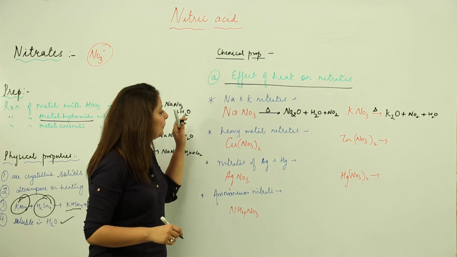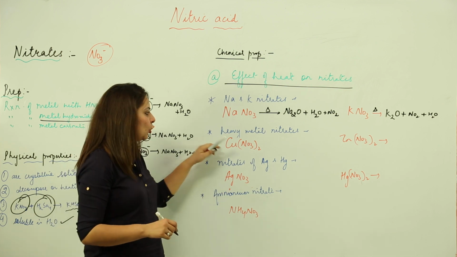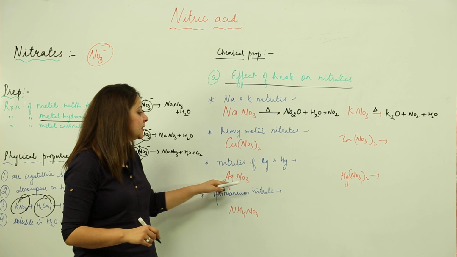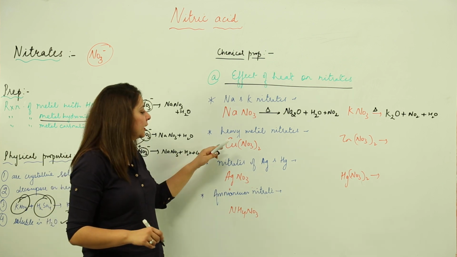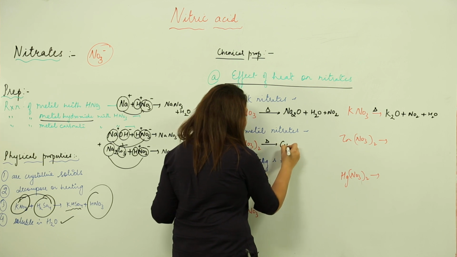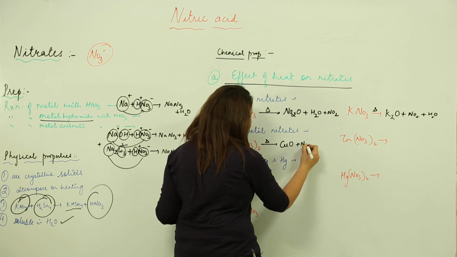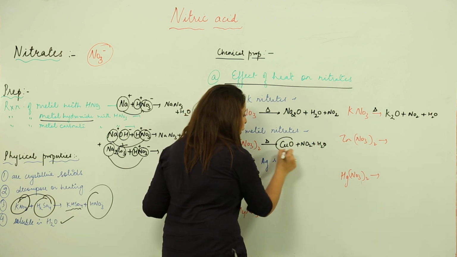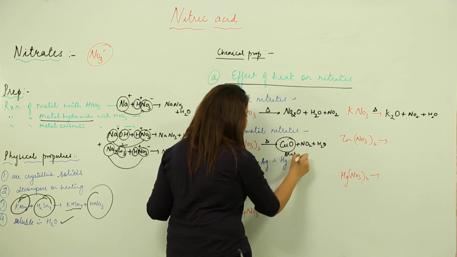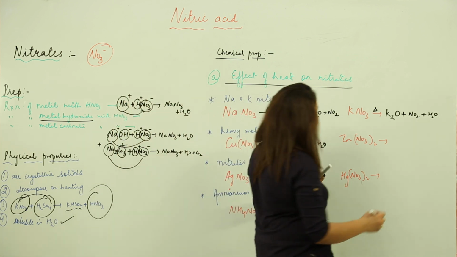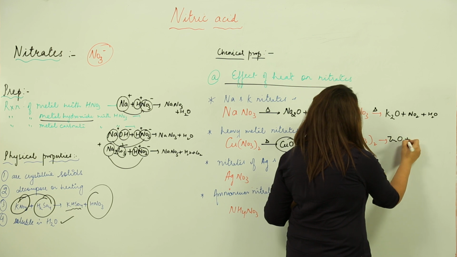Now, if we talk about heavy metal nitrates like copper, zinc, I am talking about all heavy metals except the silver and the mercury one. So if we heat it, what do we get? Obviously, we will get a metal oxide and we will get NO2 plus water, right. This copper oxide, you know that is black in color. So the color of this is actually black. When we talk about zinc, so it forms again zinc oxide